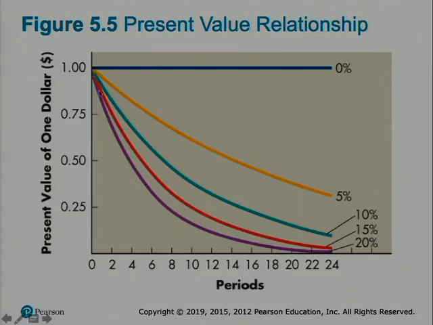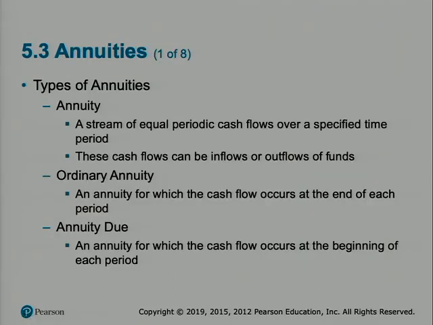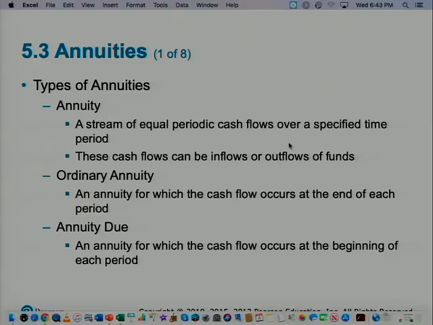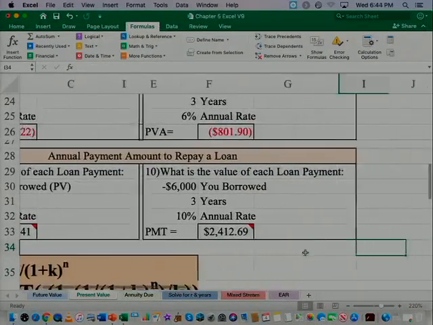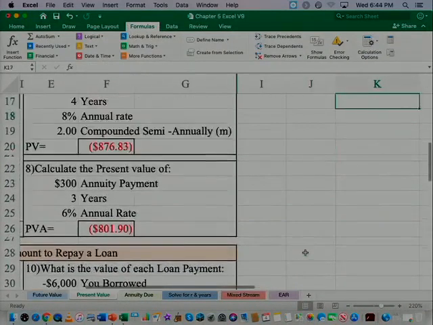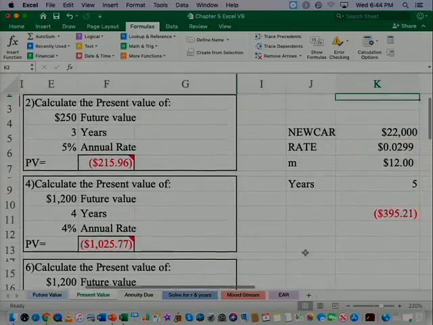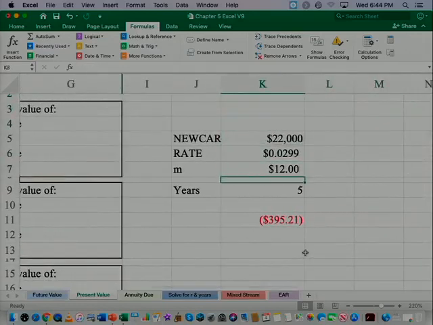So the higher interest rate of the discounting, that dollar shrinks much faster at 20% versus 15, 10, or 5% shrinkage on the discounting. Okay, so before we go into this annuity section, let me just go back to that spreadsheet. And I just want to talk about a mortgage for a minute. Right? So I can easily convert, now that this payment here is calculated,